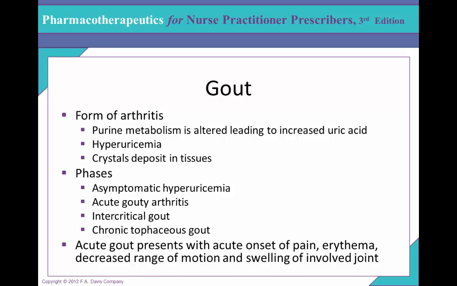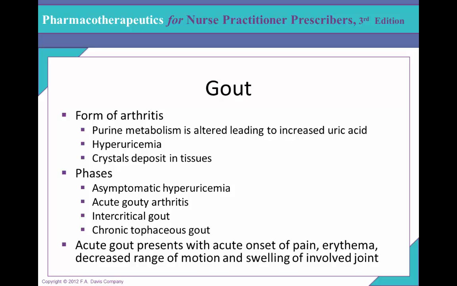The most likely presentation of acute gout is sudden onset of pain, most likely nocturnal. The metatarsophalangeal joint, which is the great toe, is the one that is most often involved. It's called podagra. But it can also take the ankle, the knee, the wrist, the elbow, rarely the hip or the shoulder or cervical spine. The pain becomes progressively more severe, usually over a few hours, and is excruciating. It's associated with swelling, warmth, redness, and